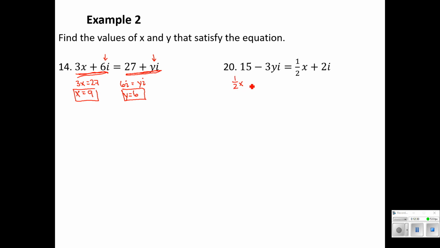Okay, our real part, 1/2 x, has to equal the real part in the other number. So multiply both sides by 2, x has to equal 30. And in the imaginary part, negative 3y, that has to equal positive 2, right, to make the coefficient on the i term match up. So y equals negative 2/3 when we divide both sides by negative 3. So really simple once we get it set up. You could say that for a lot of mathematics, but really just kind of solidifying the idea that these are numbers, so they have to match perfectly.